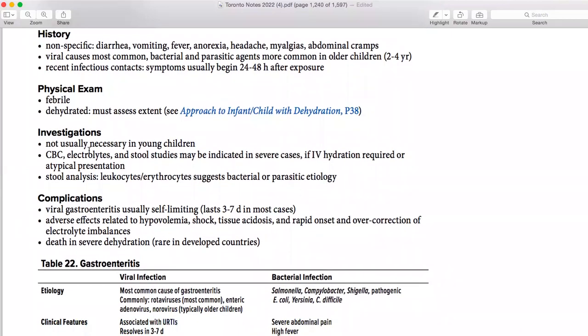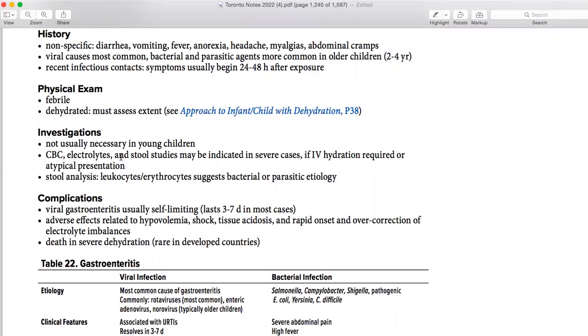Then investigation is not usually done in young children because it is gastroenteritis, maybe viral or maybe bacterial, and it will eventually go away. Moving on, if the presentation is quite worrisome, then you're going to start with an investigation. As you can see here, in the first line they told you no investigation needed. So it is very, very important that in children you don't just directly jump to investigations for a child coming in 2 to 3 with diarrhea, vomiting, and this and that. No investigations are done unless the patient's condition is worrisome. This is very, very important.